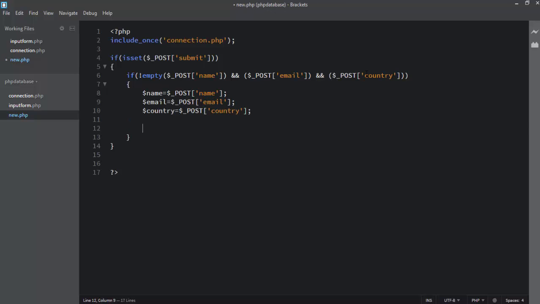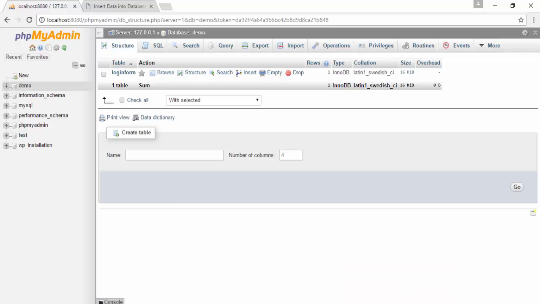Then we need to write another if statement and select the query, but I'll tell you the basic way to use MySQL query and use the query here to insert data into the database. But first we need to create the table in the database, and we will use the query to insert data into the database. So I open my browser and go to the database demo,